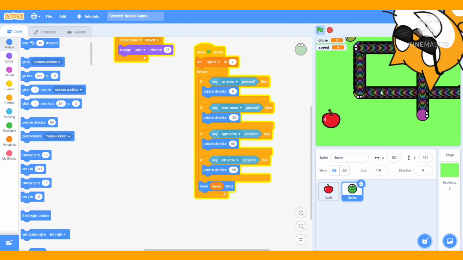So you see that your snake is now making a rainbow pattern, and it looks very, very cool. And if you want to make your snake only purple, you can just remove the change color by. So yeah,